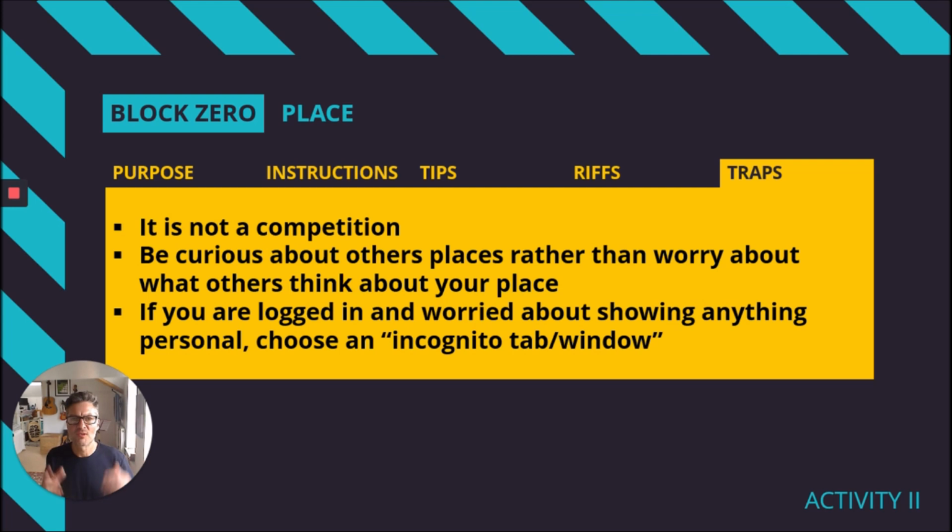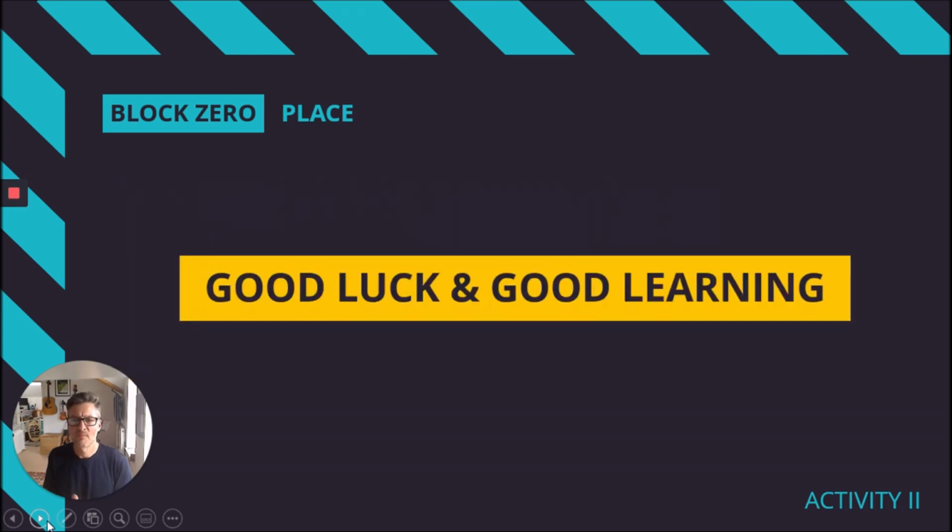Go around in your groups, everybody shares something about where they're at, and that's it for this activity. Good luck, have some good learning. Hopefully you learn how to use Teams, learn something about the people in your meetup, and take the opportunity to ask some curious and interesting questions about where people are from and what it's like to have grown up there or been there or go there or why they want to go there. You get the idea. Okay, have fun.